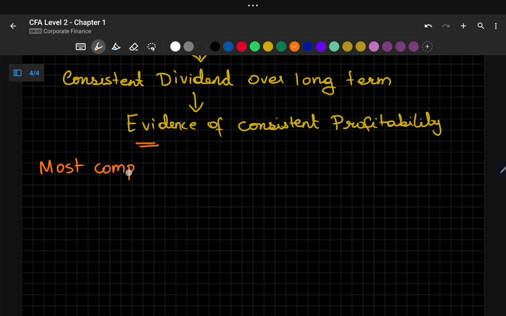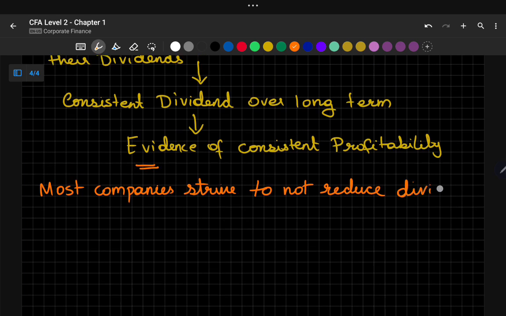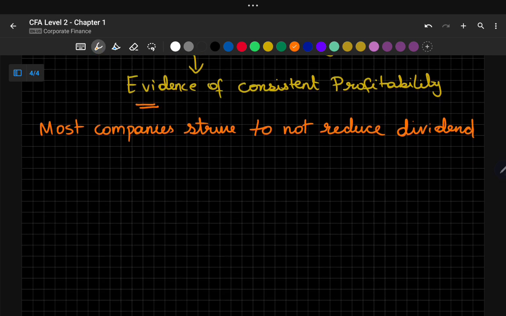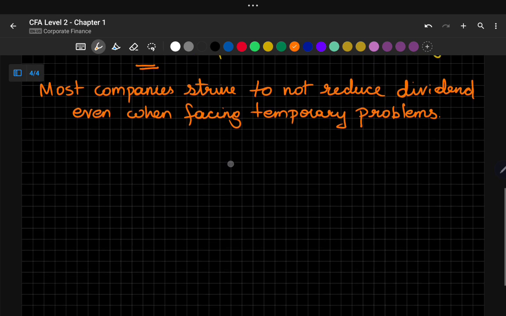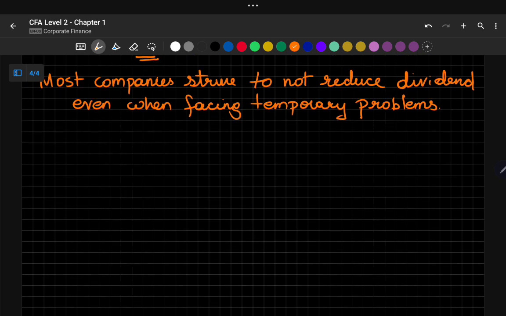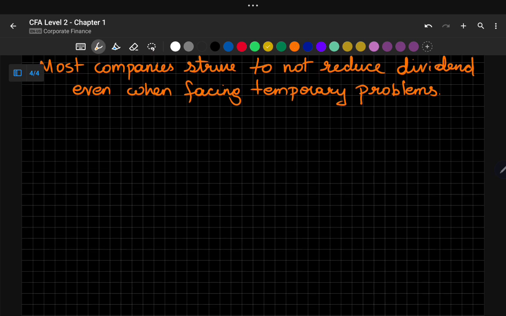So most companies strive not to reduce dividends even when facing temporary problems. Because if it is temporary, they don't want to give out a signal that the company is in any kind of distress. So that's why they try to maintain the regular dividend payment,